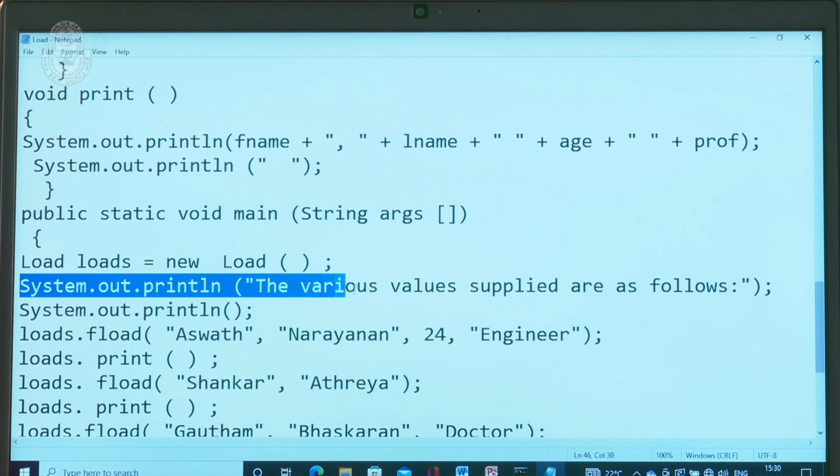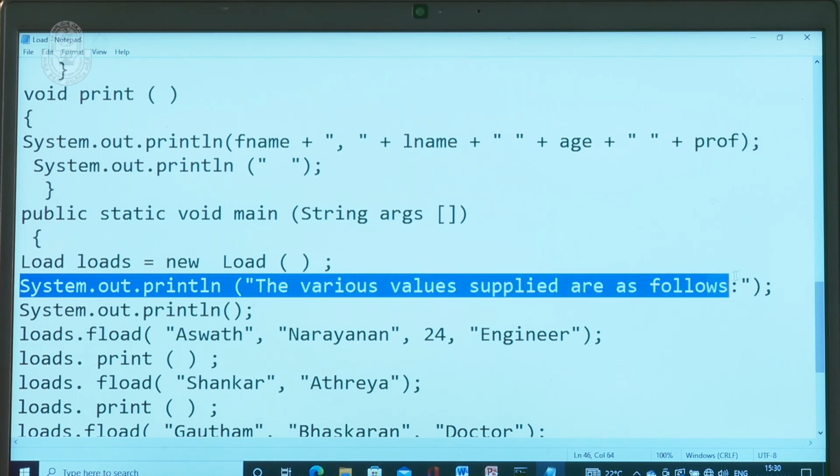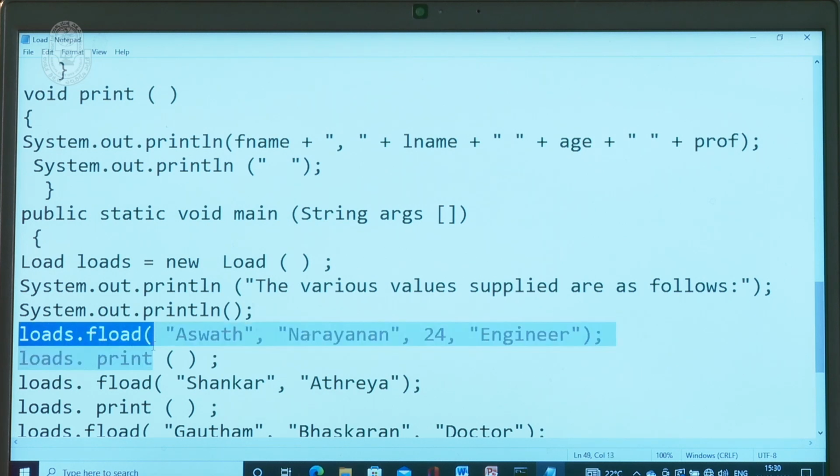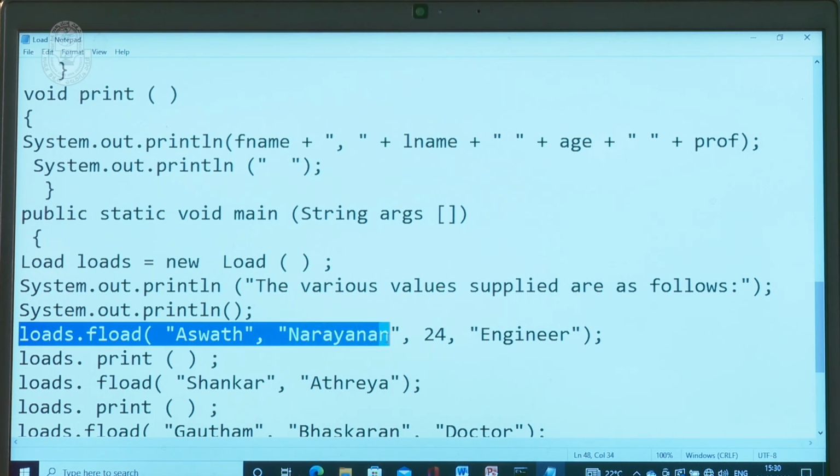System.out.println("The various values supplied are as follows"); System.out.println(); loads.float("Ashwath", "Narayan", 24, "engineer"); loads.print method; loads.float("Shankar", "Atreya");